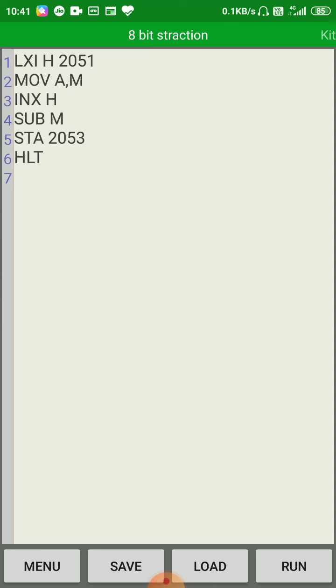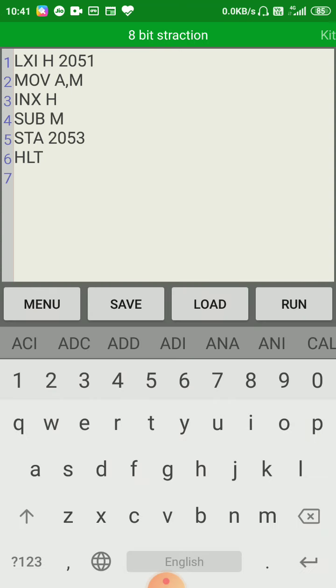What does it mean? It simply means you need at least two registers, because in microprocessor we don't have variables, but we use registers, 8-bit registers, like variables.